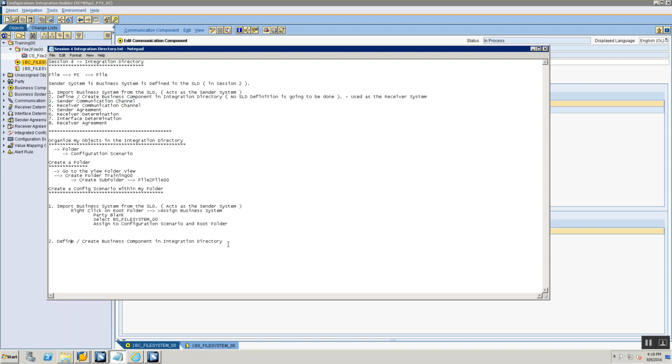So let's make a couple of notes here. So it acts as a revision for all of us. Create new business component in the SLD, in the integration directory, give name as BC_file system_00. Now that that is done, assign receiver interfaces, inbound interfaces to this business